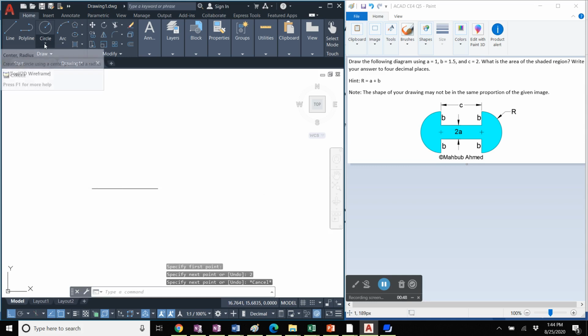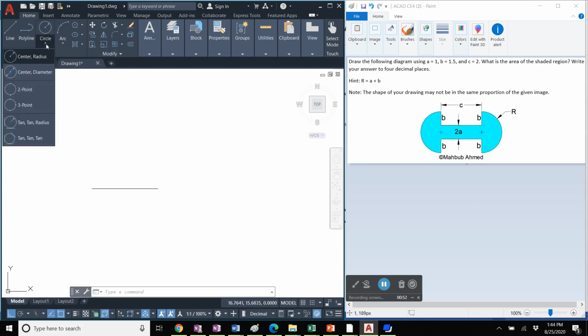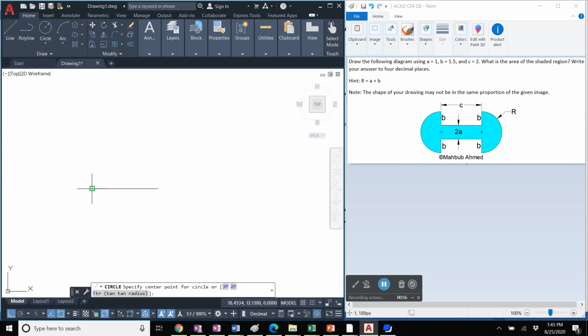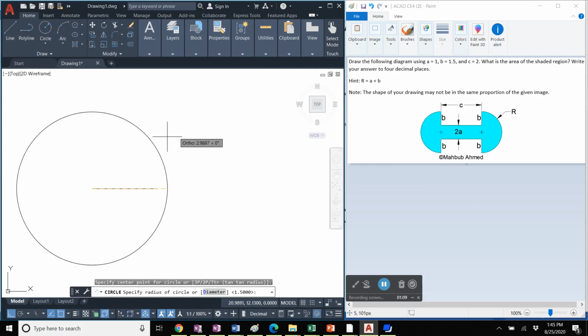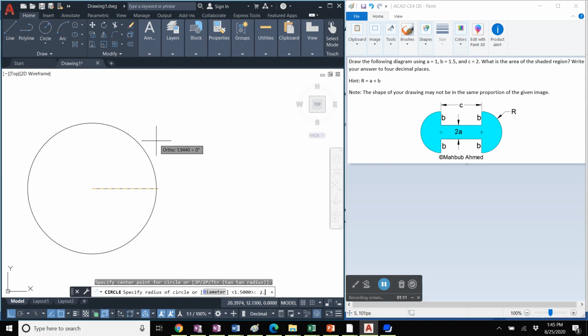Now let's click on that little arrow next to the circle tool and then click on the center radius option, click the left end of this line and use the radius of r equal to a plus b. So a is 1, b equal to 1.5, so the radius is going to be 2.5. So type 2.5, press enter,